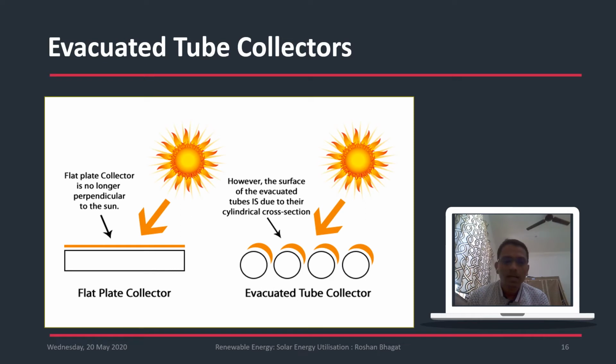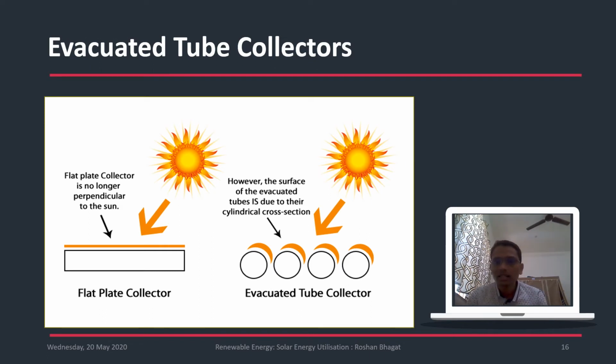So nowadays, whatever solar water heaters are used, they are the evacuated tube type of collector. That is the latest technology which is used. Flat plate collector has certain disadvantages, but again, the flat plate collector has some advantages, as it can absorb both beam and diffuse radiation. Concentrating collectors are subjected to direct sunlight, so in case of diffuse radiations they might not work properly. That is one of the disadvantages. Evacuated tube type of collector has the advantages of both, and these disadvantages are actually eliminated in an evacuated tube type of collector.